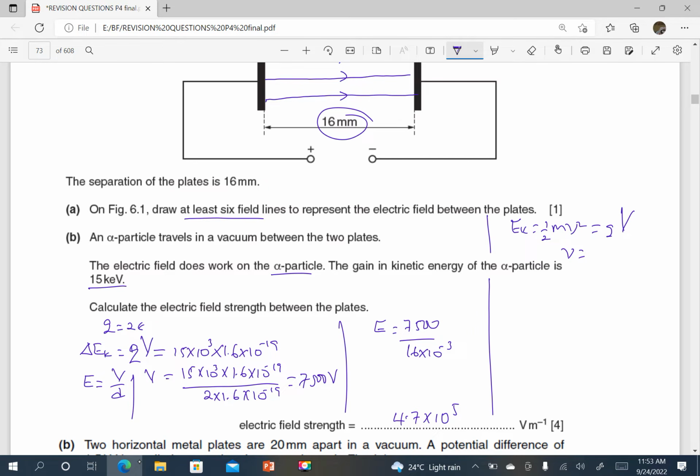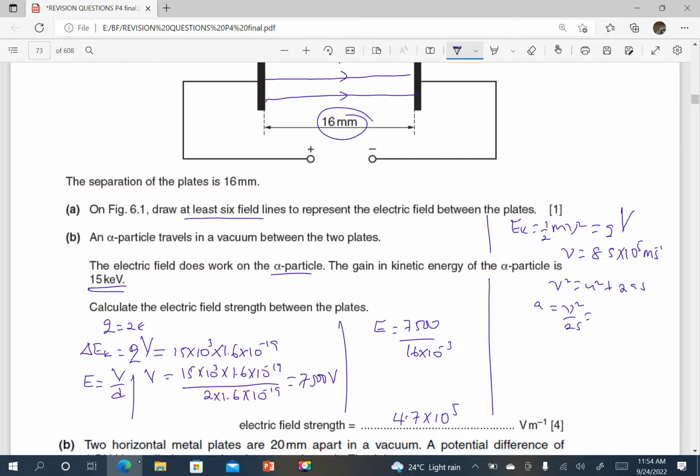So V is 8.5 times 10 power 5 meters per second. When you equate kinetic energy, equal to half mv squared, to the value of kinetic energy, you will get V as that. Then from the equations of motion, V squared is equal to U squared plus 2as. This equation will help you to find the acceleration. So the acceleration is going to be V squared. If it started from rest, initial is 0. So the acceleration is going to be V squared divided by 2s. That is V squared over 2s.